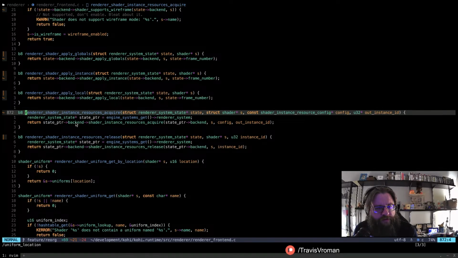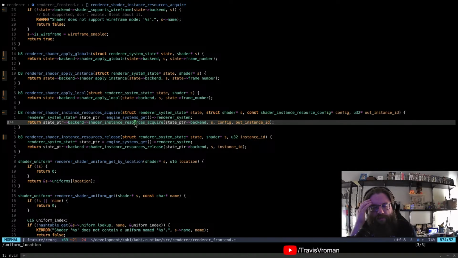So the only thing that this does, shader instance resources acquire. Does that property not even get used?